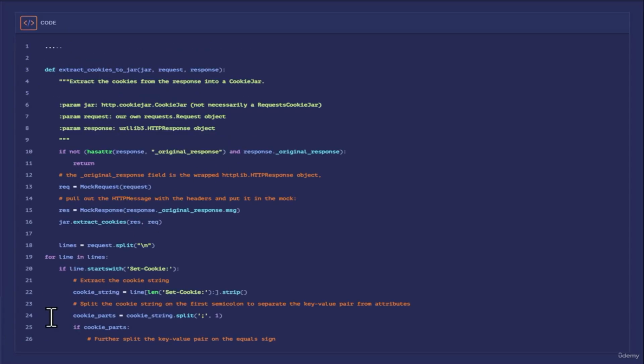Here Bob will examine the code until he identifies an appropriate location to insert his malicious code. So we have this function here, extract_cookies_to_jar. It's a real function that is used by the requests library. It takes http.cookiejar.CookieJar, a requests.Request, and urllib3 HTTPResponse as input. Then we have extract_cookies. It checks if the response is wrapped, creates mock request and response objects, and then extracts cookies from the response headers using the extract_cookies method of